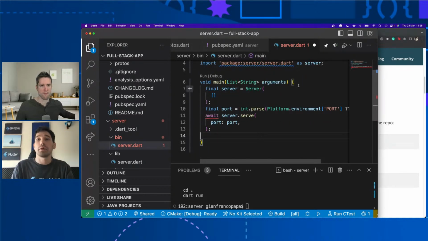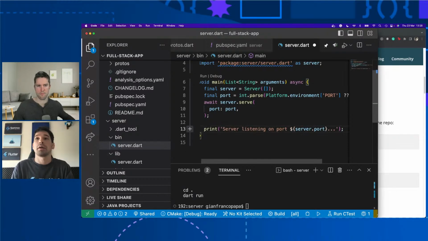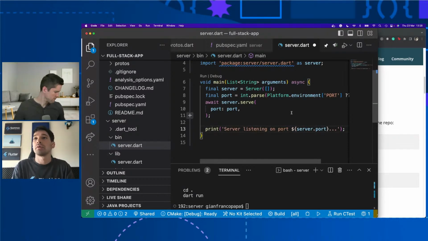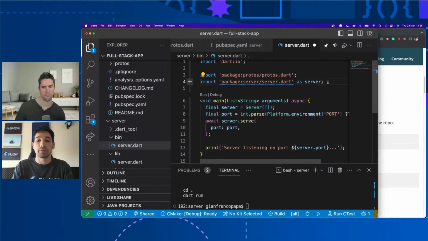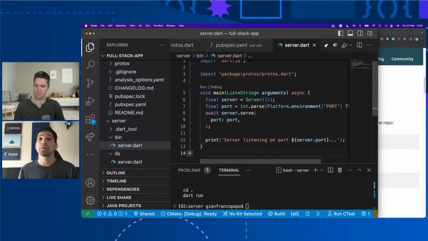Then we have to mark this function async because we are waiting. And finally, we can simply print that the server is listening on port 8080, right? So I guess we don't have to use this import. And that's it. This is our whole gRPC server that we are going to connect to from